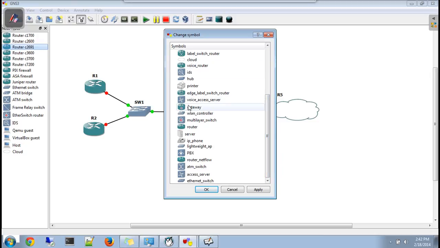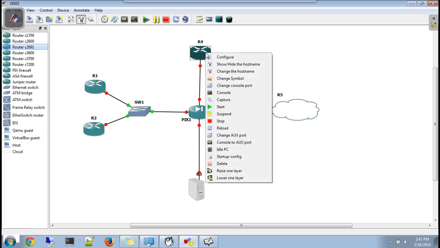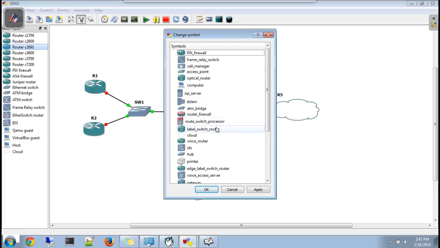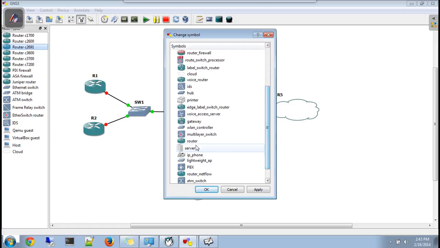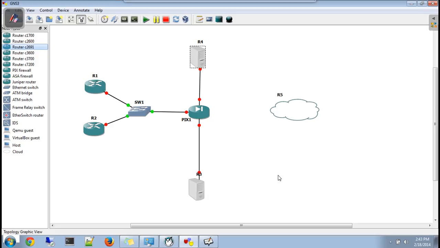You see a server somewhere, a server somewhere. I'll connect E4 to it.